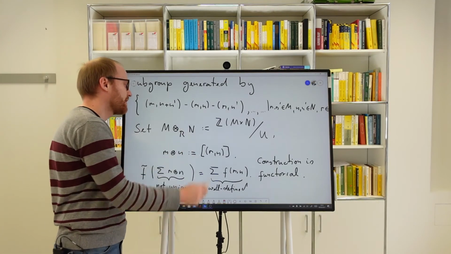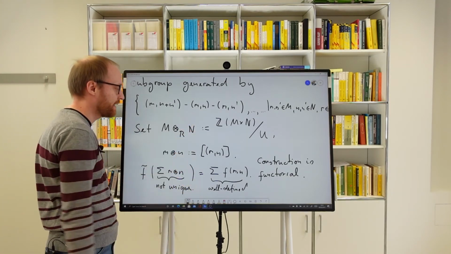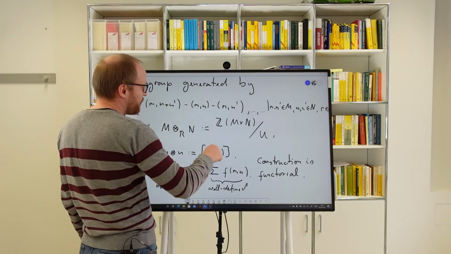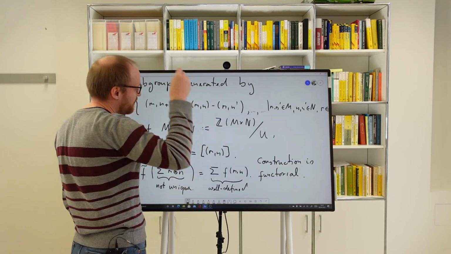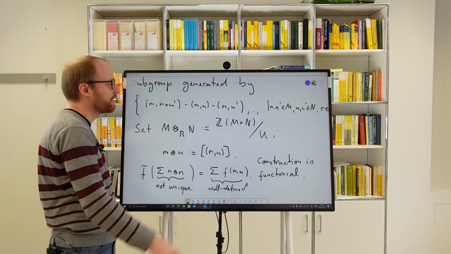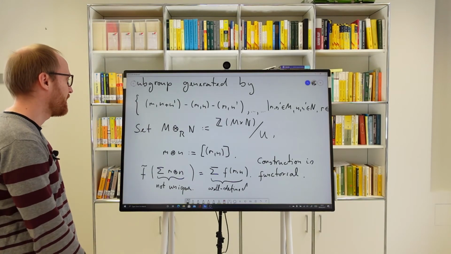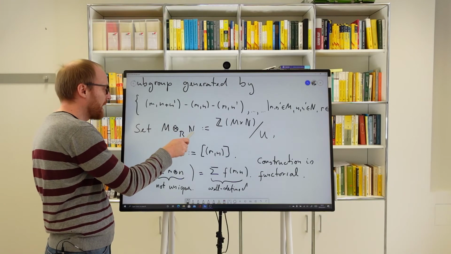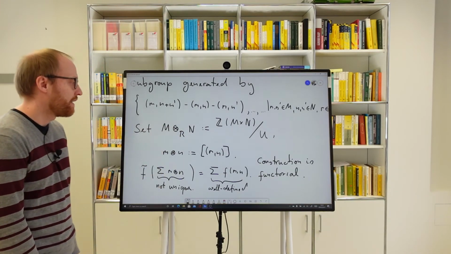Yeah? If I just plug in the left R module on the right-hand side here. And if I define the tensor product in this way, then I can simply check that this will commute with homomorphisms between those left R modules. So this is definitely going to be a functor, and the same goes the other way around. Yeah? So if I fix the module N and I make this the variable, then I will also get a